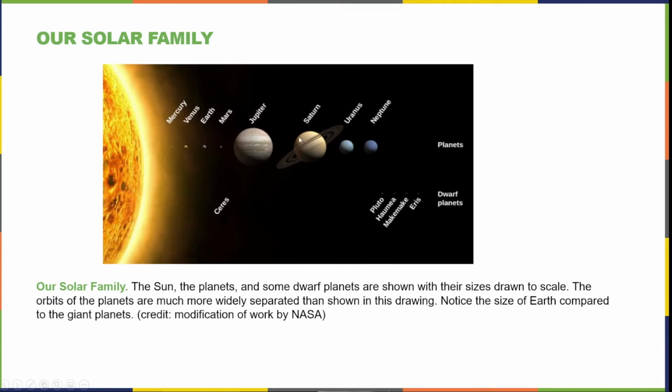And this is our solar family. As you see, there are 8 planets. There are a lot of dwarf planets. Ceres is within the asteroid belt between Mars and Jupiter. We started calling Ceres an asteroid when it was first found, but it is only 9 times smaller than Pluto, and we call it a dwarf planet. There are many other dwarf planets within this solar system,